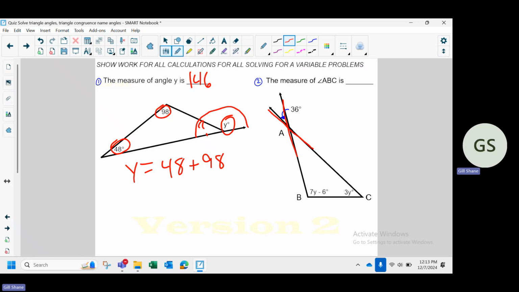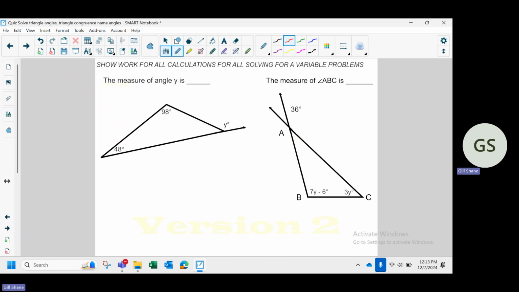Again, I told you do what you know. I didn't ask you to solve for this angle right here, but you need to. There is no way to solve this otherwise. Some people tried to do the same thing we did in number one. 36 is not an exterior angle. The exterior angles,